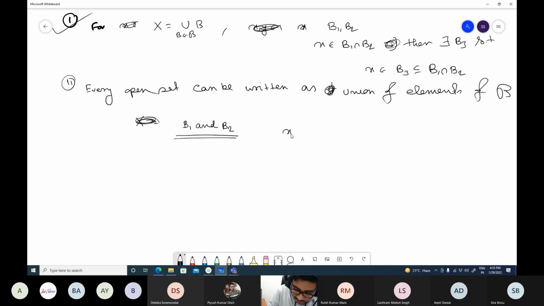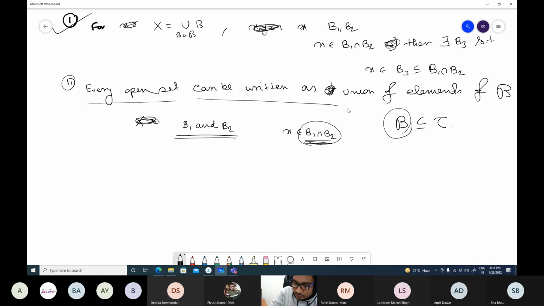and x belongs to b1 intersection b2. Now look, this base set b is actually a collection of tau, right? Each open set of b means each element of b is also open in x, right? Yes sir. Then this is done, because b1 intersection b2 is also an open set, right? And since every open set can be written as a union,